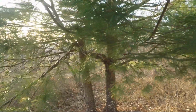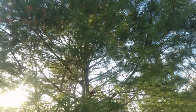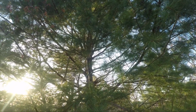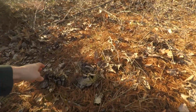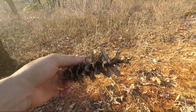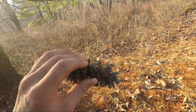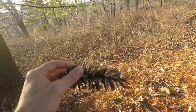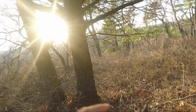And then obviously, it's funny because I didn't even know this. Before I started studying trees, I didn't think pine nuts came from real pine trees. I was like, there's no way you're getting pine nuts out of these little cones. But you do. They're hard to find, especially because around here the squirrels love them. They destroy these things. But yeah, you get pine nuts, you get the needles, you get the sap, and an